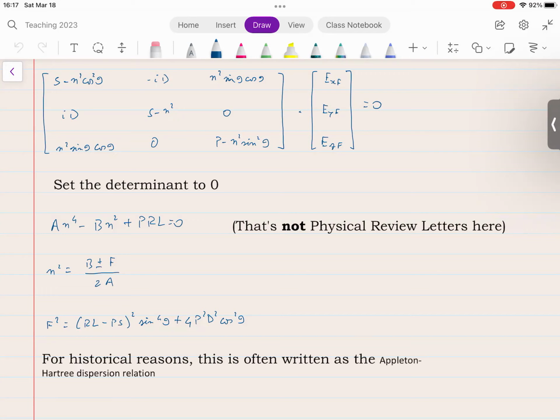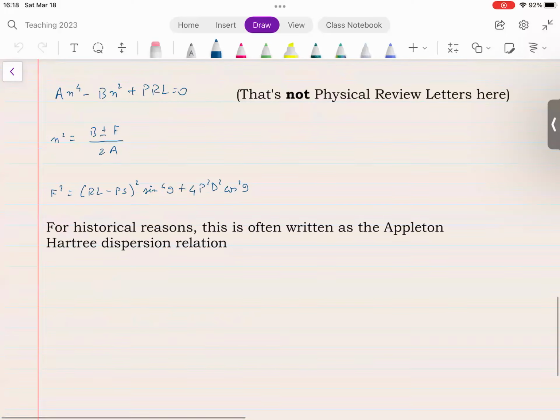Oops, that didn't work. I just wanted to copy and paste, but from my other reference, the next one I'm going to write is called the Appleton-Hartree dispersion relation, and that's written as